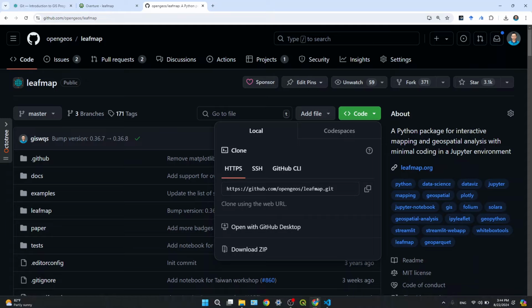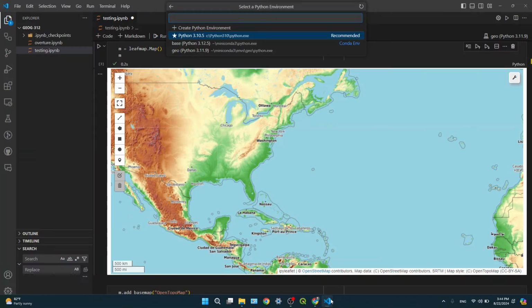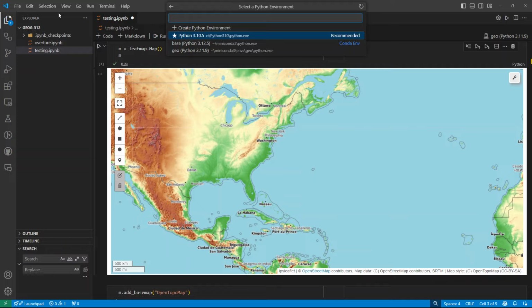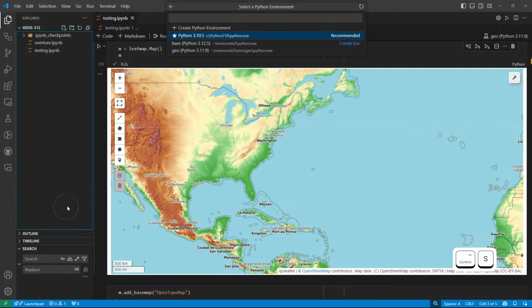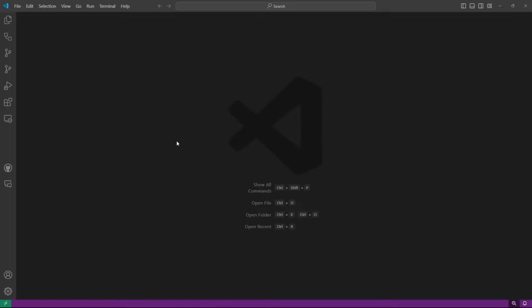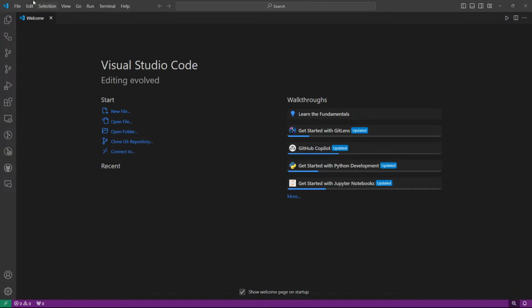And if you want, I can also use Visual Studio Code to open. So let me show you what you can do. Hit Control S, and then File. I can just close the folder. Go back to the landing page. Okay, and from the landing page,